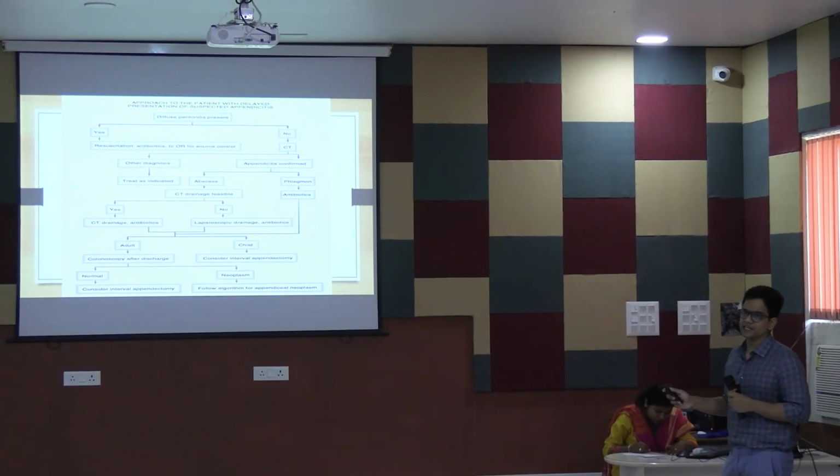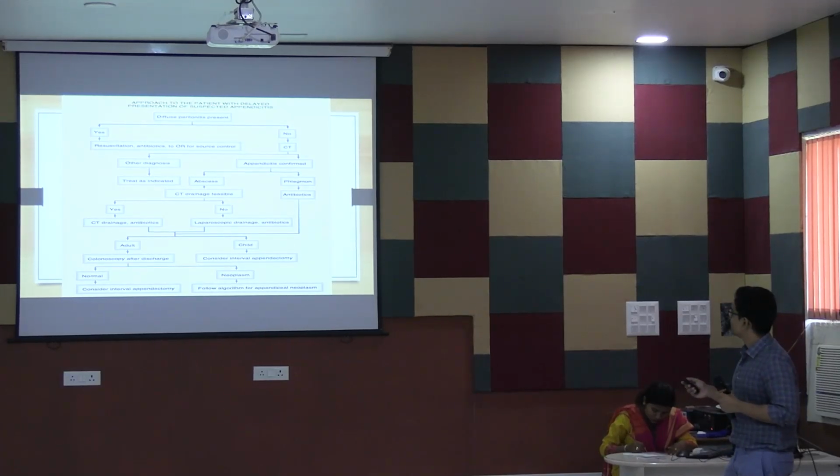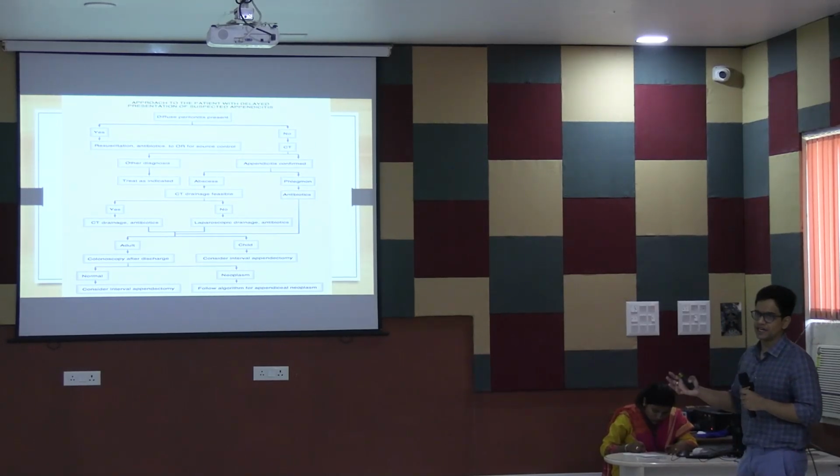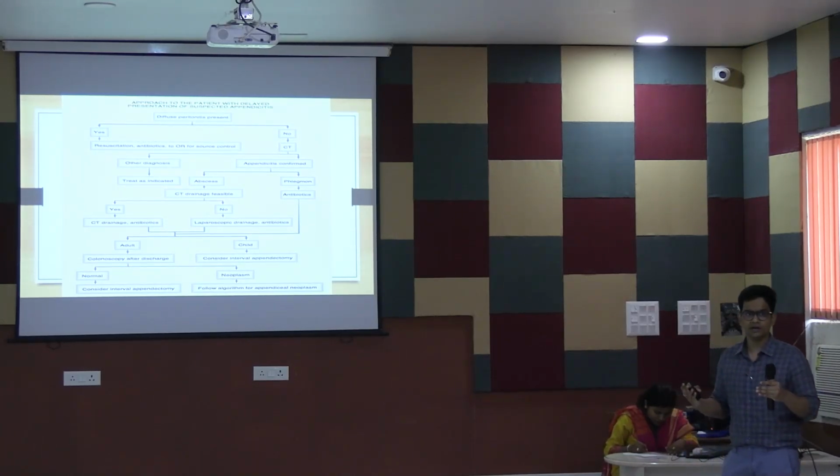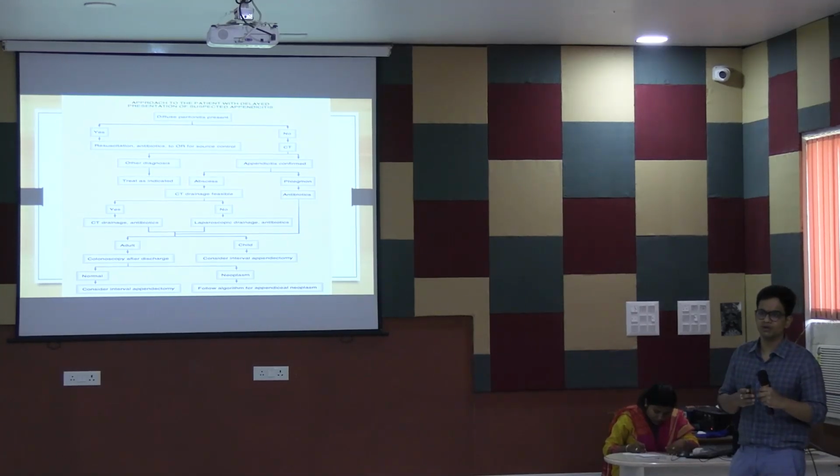If there is no diffuse peritonitis present, that means you're lucky and the patient does not have those complaints, then you go for a CT. Appendix is confirmed. Now, if the appendix is normal and there is no abscess, then you should go for lap appendectomy. But if there is an abscess, lap appendectomy is going to be very difficult, because of the abscess the planes that separate the appendix from the different bowel loops are distorted. And if you try to dissect the appendix, it will lead to bowel injury. So you should be very careful.